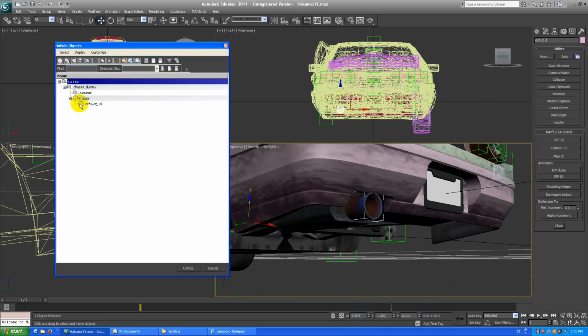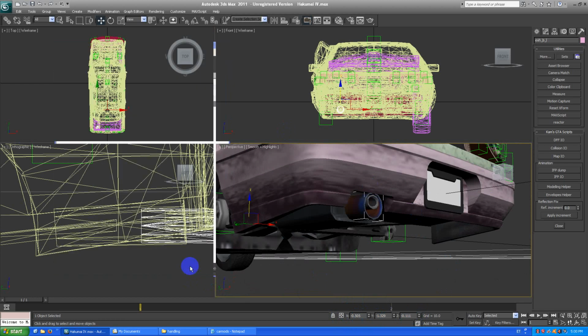Bring back the original exhaust, this one, select it, and now we have to make sure that the original exhaust has the same coordinates as the tuning exhaust. So we take the tuning exhaust, take the coordinates, remember them, take the original